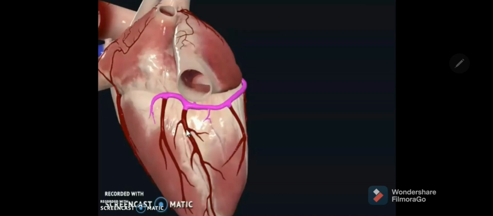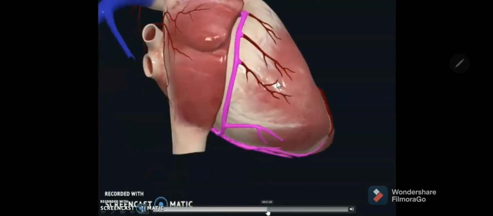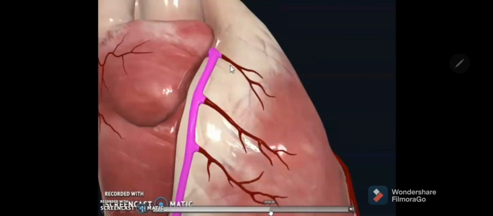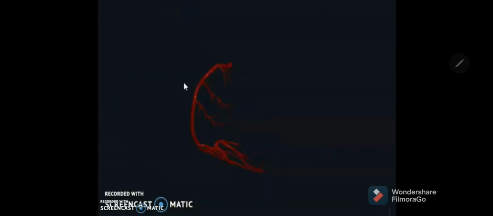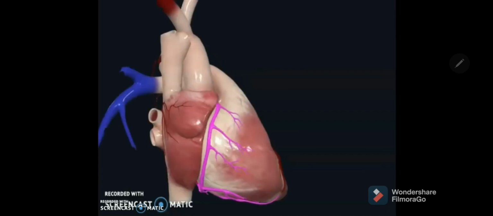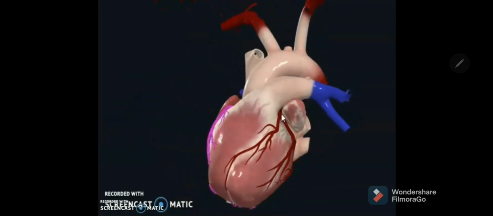You can see that is the posterior interventricular branch given by right coronary artery in 90% of cases. You can notice these branches: ventricular branch, atrial branch, conus branch, right marginal branch. This is what you see the right coronary artery when you isolate. This is the course and branches of the right coronary artery, and here you can see the left coronary artery